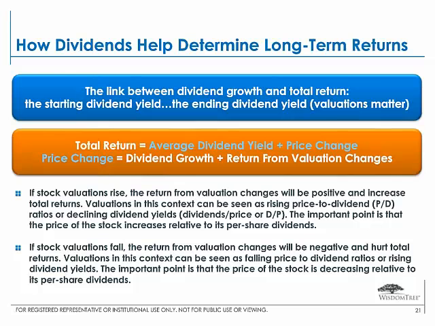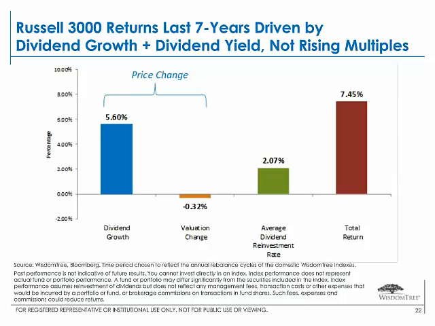What you ultimately see when you think about what the return of U.S. markets has been over the last 7 years is you see the red column. And the red column is the average annual return of the Russell 3000 index over the last 7 years ended December 31st, 2014. So the red column is what everyone knows going in. And the blue, the orange, and the green are essentially the drivers that get you to the red column, and they explain different things about how you achieve the 7.45% per year on the Russell 3000.